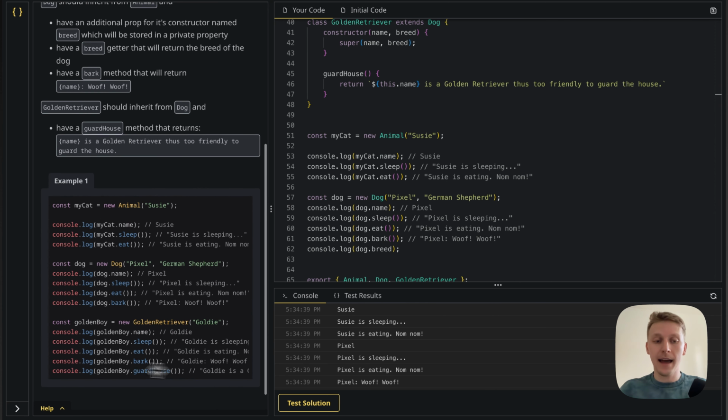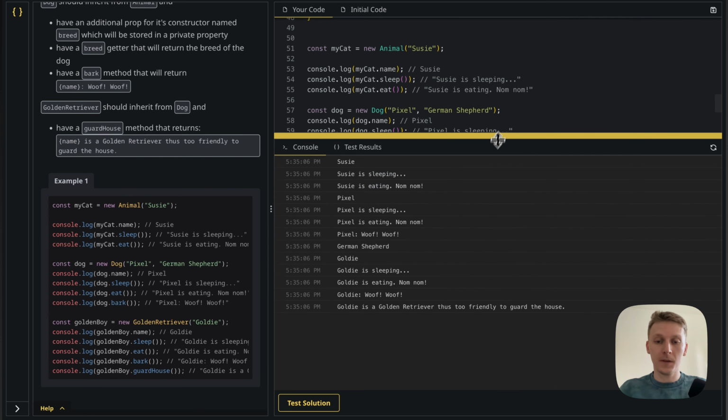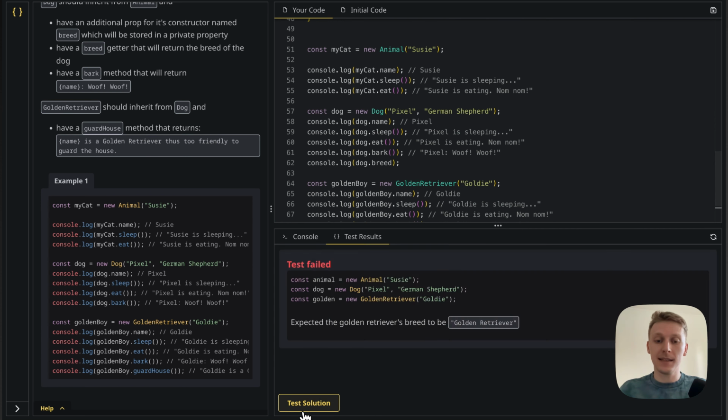So let me just take the last part of the example here. Right, let's take this one and let's look at the output. So you can see we get Goldie, this is the name, is sleeping, is eating, woof woof, and then Goldie is a Golden Retriever, thus too friendly to guard the house. Now this looks good, so let me test the solution. And,